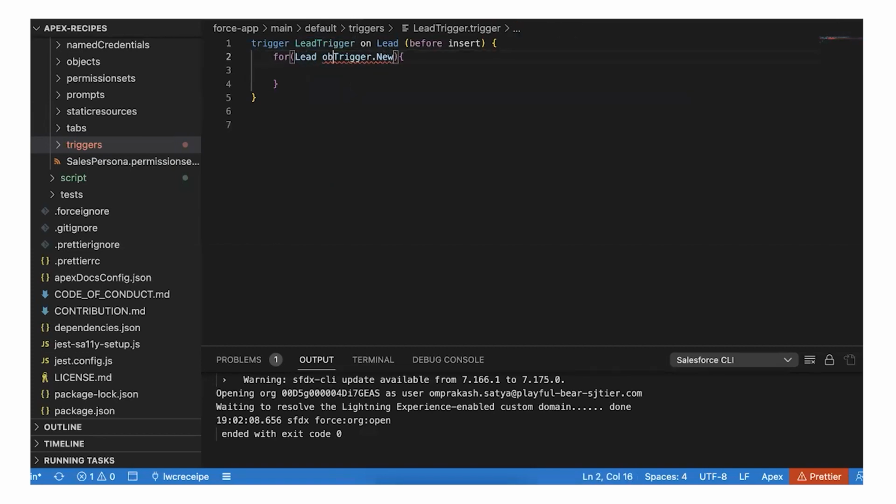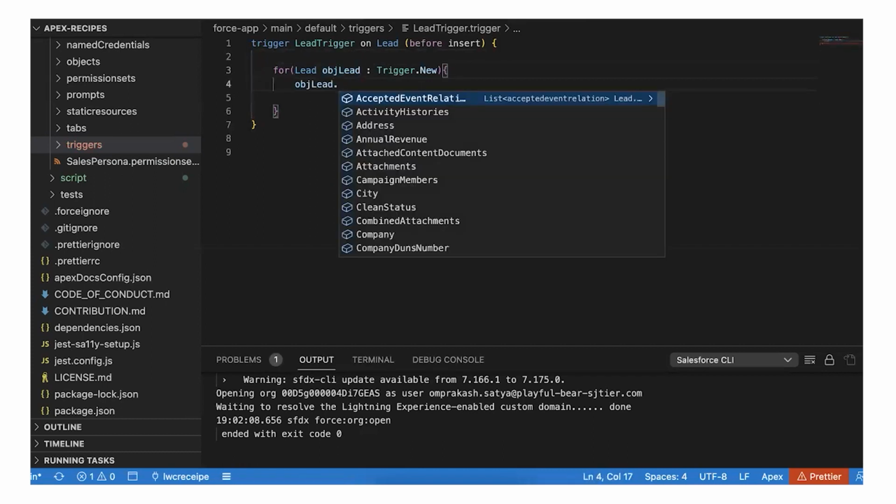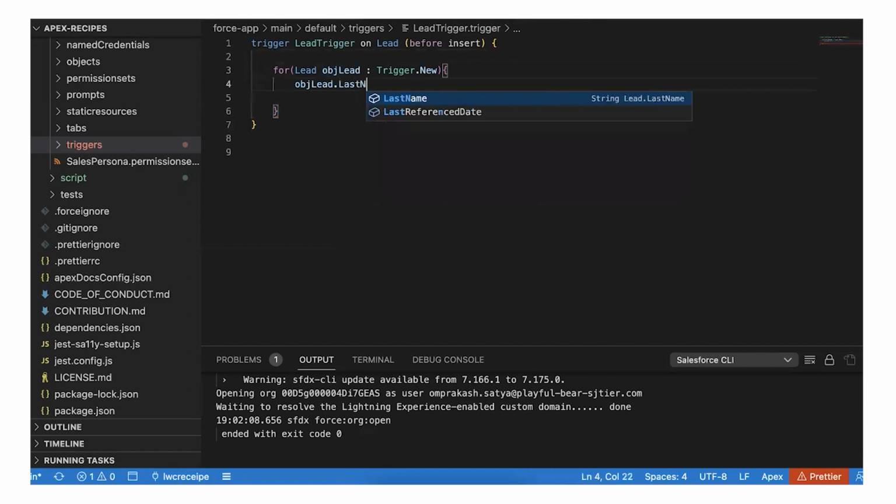So Lead objLead in trigger.new. And if I write objLead.LastName equal to Prakash,